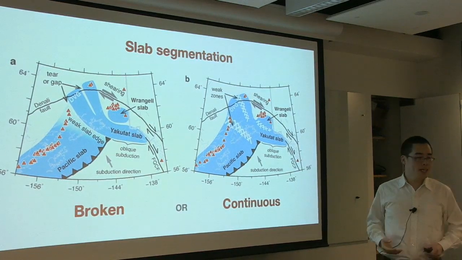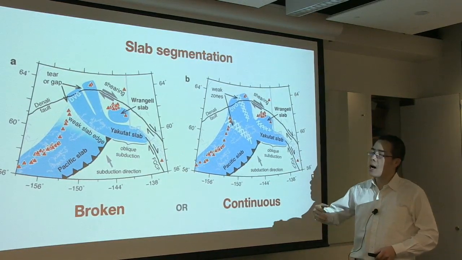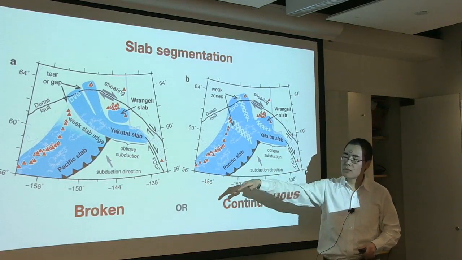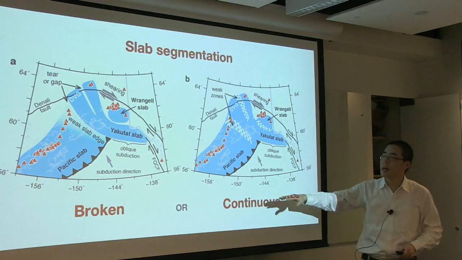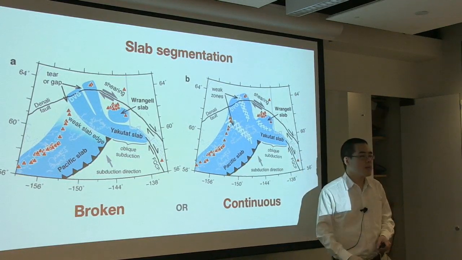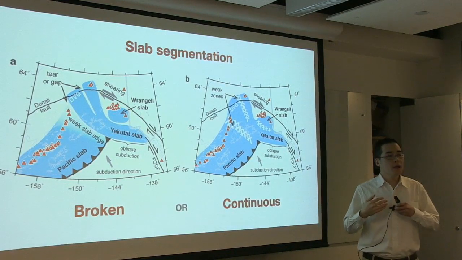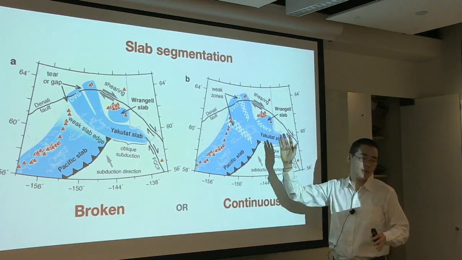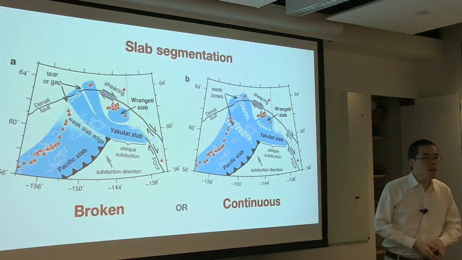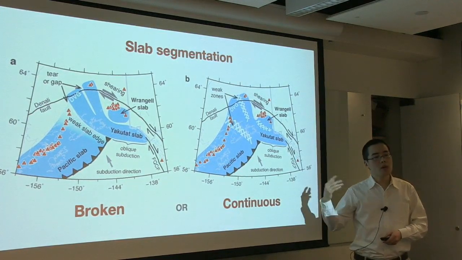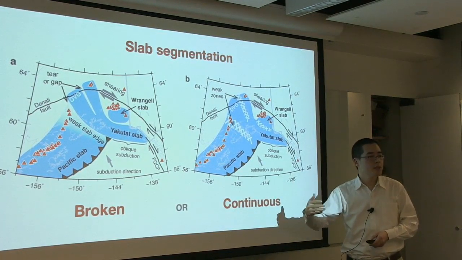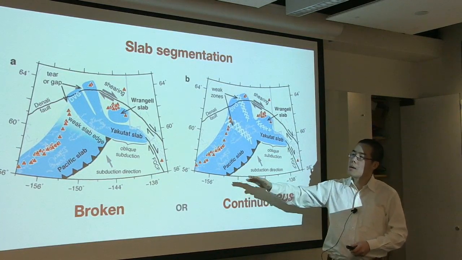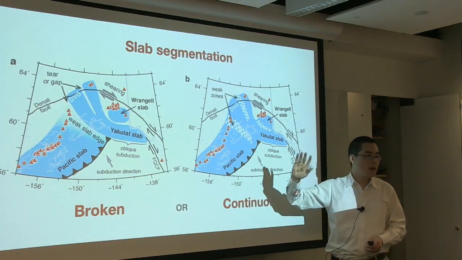But most likely, it's probably a hybrid or a mix of the model on the left and the model on the right, at different places. But from the seismic model, we're not able to tell exactly where the tear is, where the weak zone is. But we are currently collaborating with people doing geodynamic modeling to see which model better matches observations